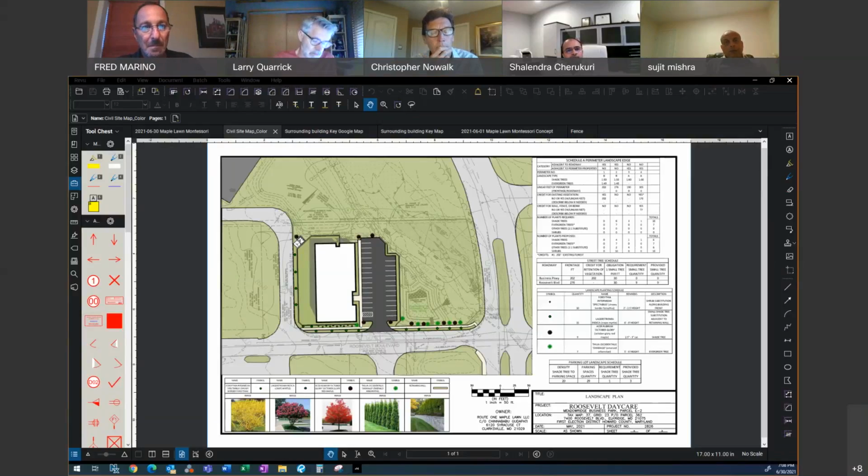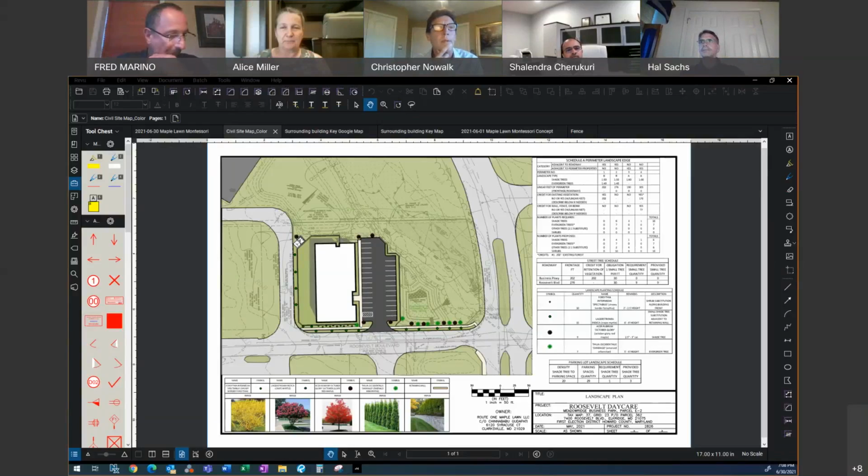Hal? Yeah, my name is Hal Sachs. I'm one of the architects that has worked on this project. It is a joint venture between L2M Architects and Ammon Heisler Sachs Architects. Alice? I'm Alice Miller. I'm with Benchmark Engineering, and we're doing the civil site design. And I'm Chris Nowalk with Goldleaf Associates, working to coordinate the team project management.